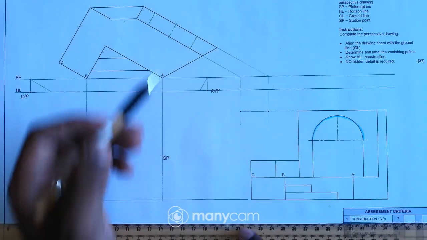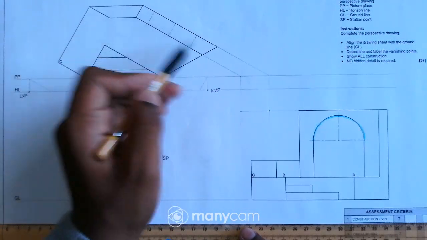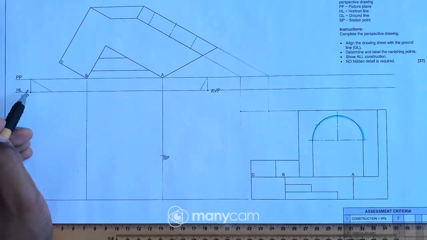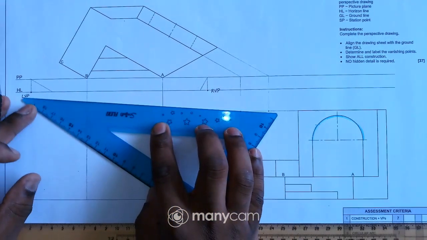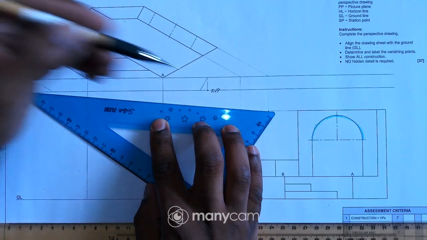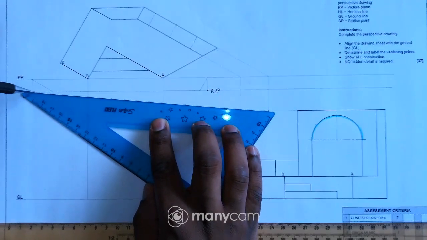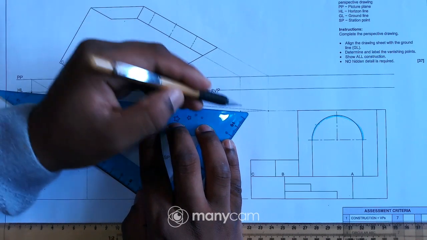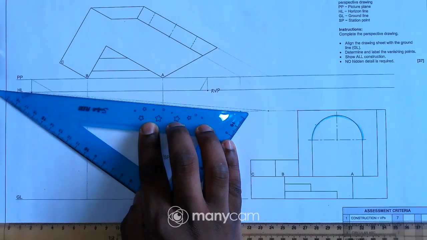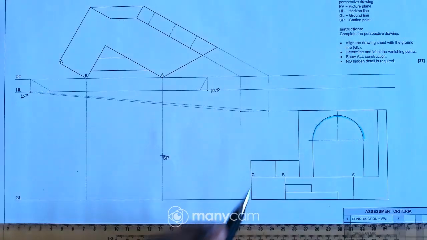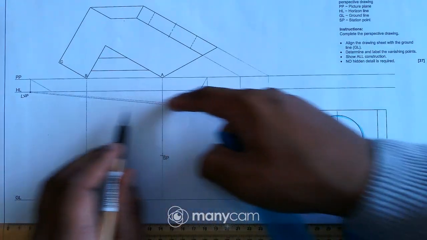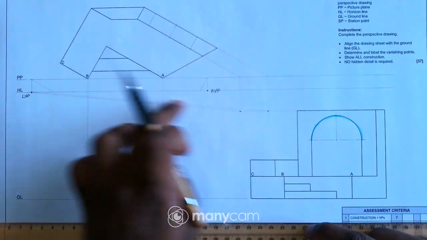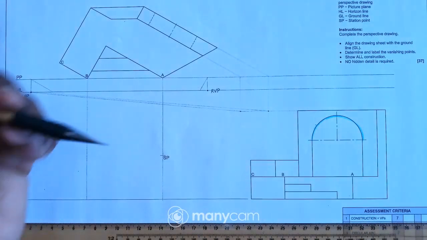Those 2 points are for these two lines over there, because I'm trying to get this top surface, right? Okay, because these two lines are going up towards my left side, that means I'll have to take these 2 points to the LVP. So I can just project those 2 points to the LVP, just like that. This point as well, just like that. Okay, so my focus now is on those two lines. That means this top surface is right over there within that section.